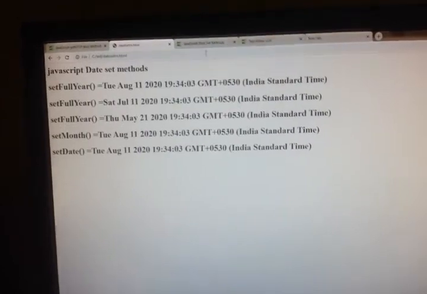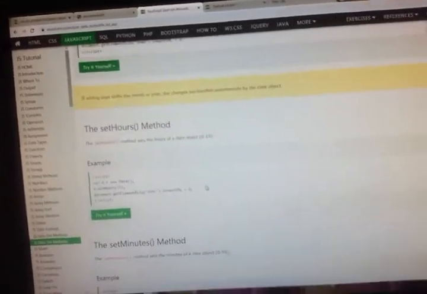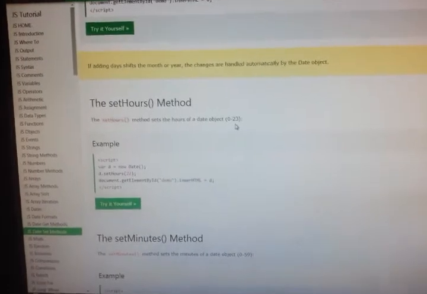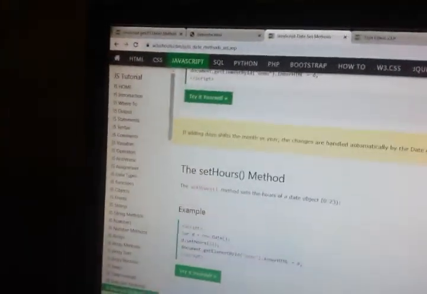And the next date method is set hours. The set hours method sets the hours of a date object from 0 to 23. So we'll see that also, 0 to 23.